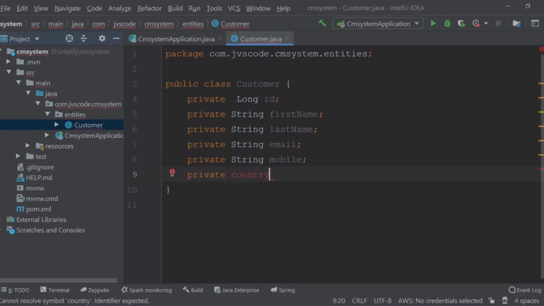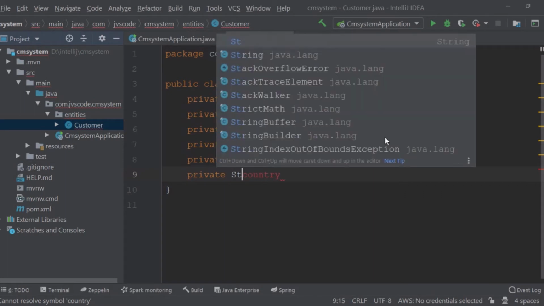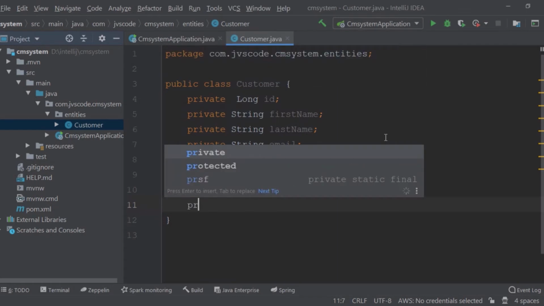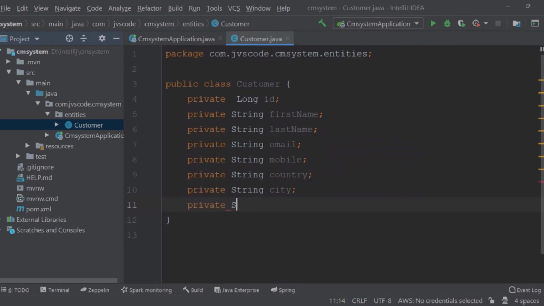We collected the address of the customer. This is a string, also string, and another string here. We're going to have another string to take the city of the customer, where is it from, and finally we're going to have another string here to take the street, the name of the street, and the number of the street, which means the address. So we are going to have the address,